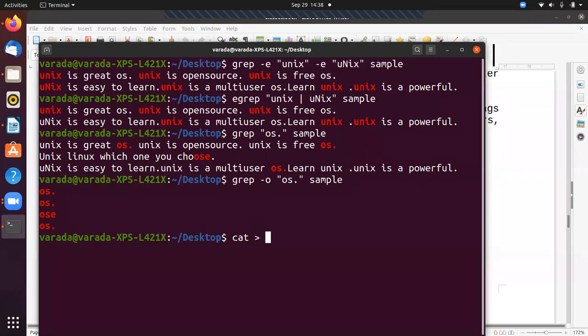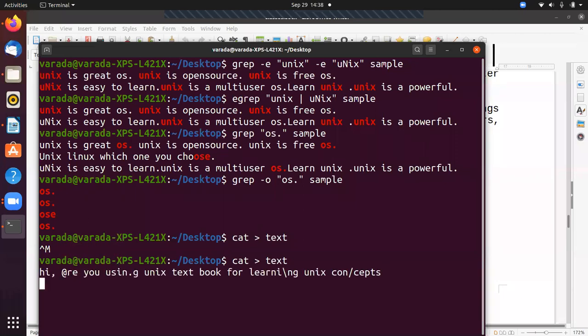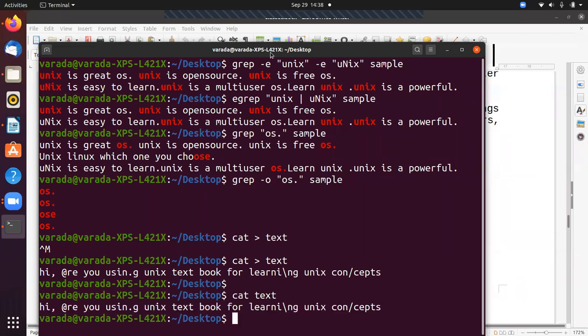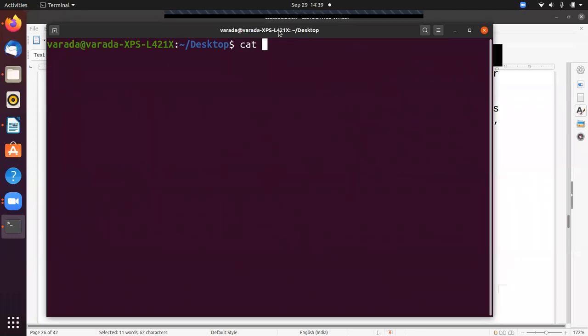Cat, the file name is text. What is the content in the text? Text is a file name. Cat text.